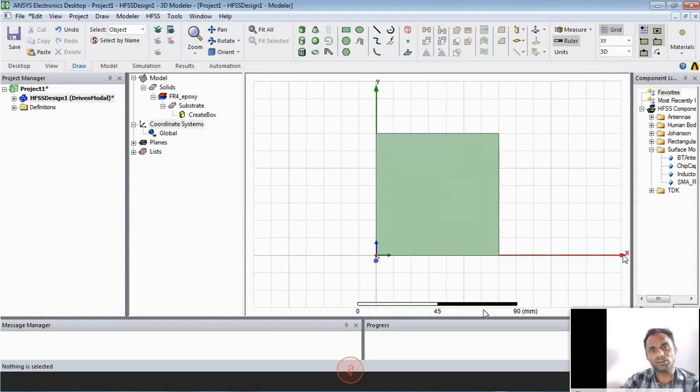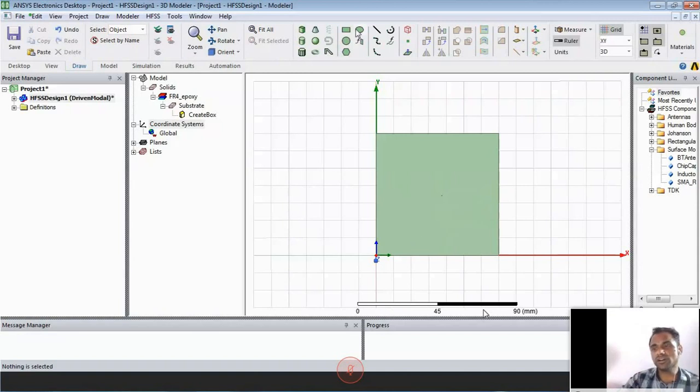Okay. Now I move on to my patch, and that patch is placed upon that rectangular oriented thing. And once again, I have to change one progress thing. Yesterday, we saw from the xy plane feed line. Now we have to change to the yx plane feed line. So yx plane feed line means I'm placing the feed here. At last I'll give the explanation for all the things.